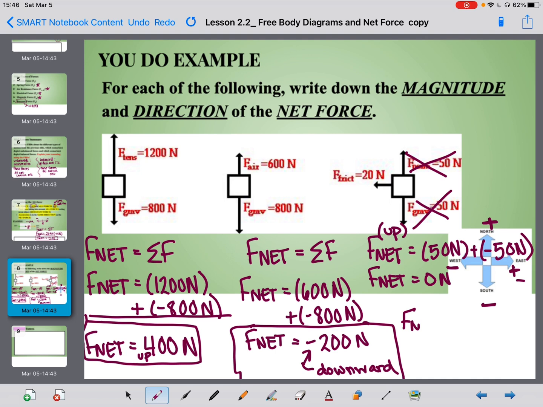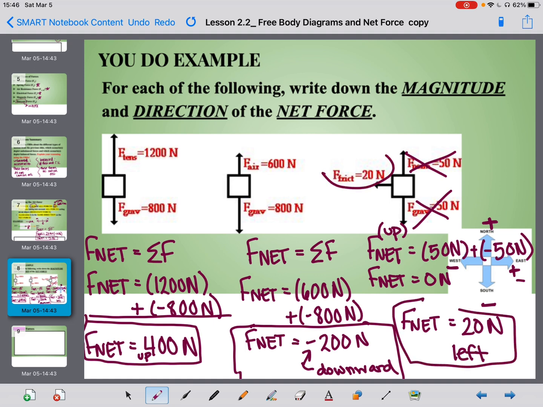So then my net force is simply just 20 newtons to the left. That's all that is, because that's the only thing that's left over, the force of friction. It's the only thing that's left. There's nothing opposing the force of friction, so that is the net force. And it is moving in the left direction, which